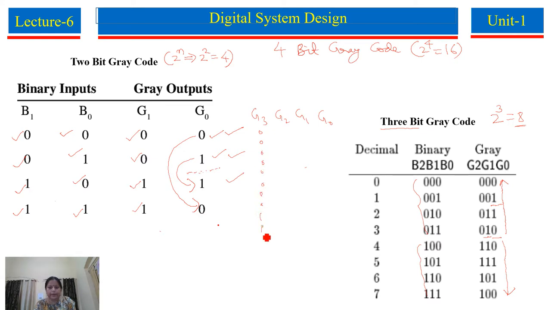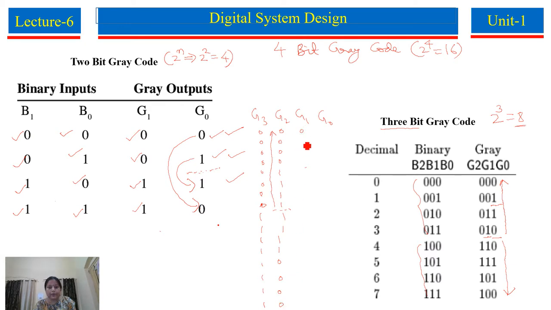Then 8 1, 4 5 6 7 8, 8 0 8 1. Then divide by 2: 4 0 4 1. After that you make a mirror image. Mirror image, I already told, means write in the opposite manner. So write like this: 1 1 1 1 and then 4 0.